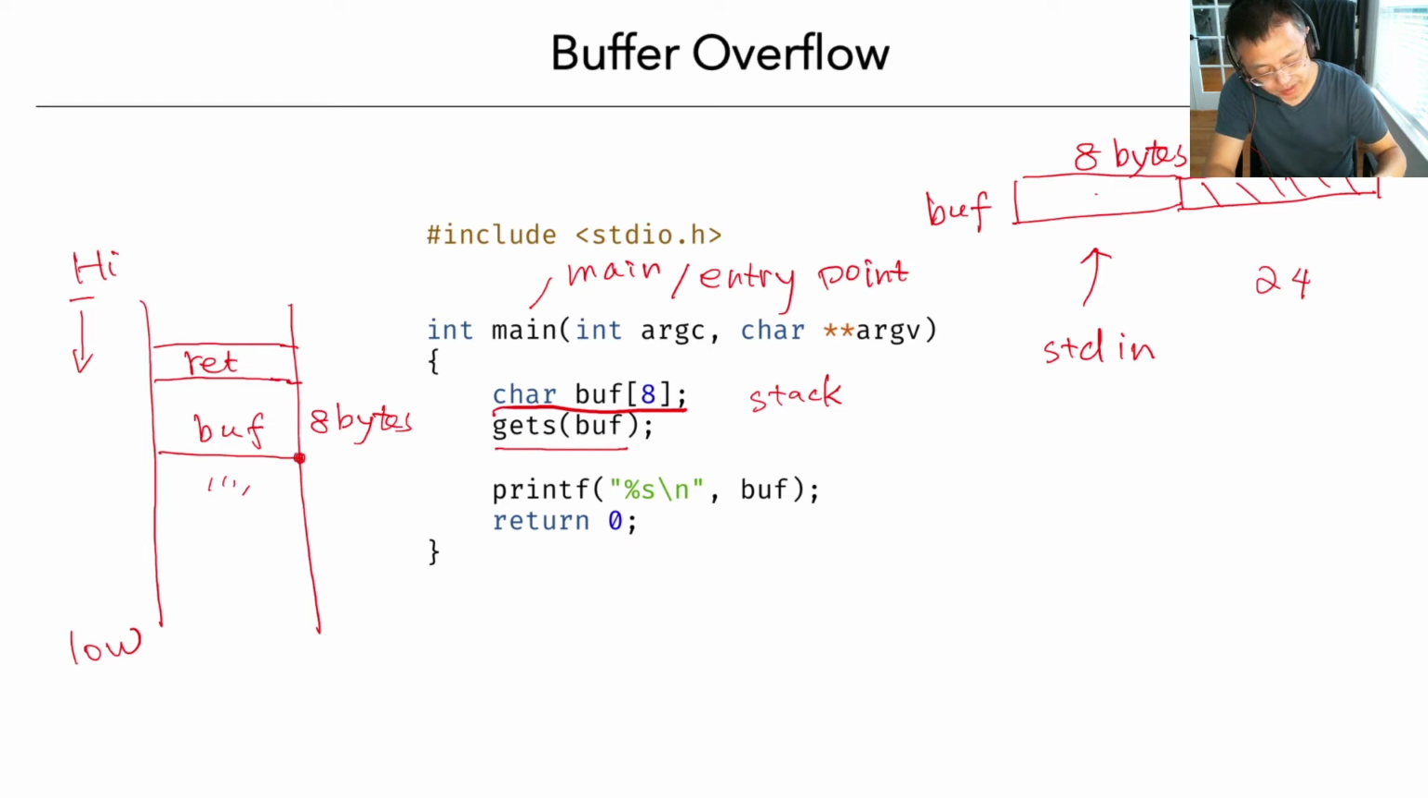But when you write into the buffer, because this is the low address, it's going to write upwards. So this is the direction for write. This is the direction for the stack. So now,